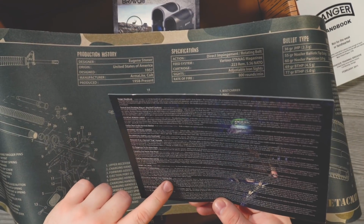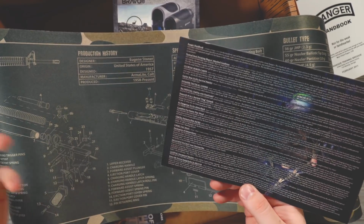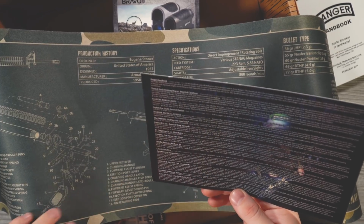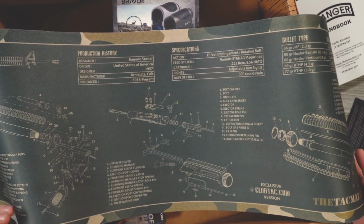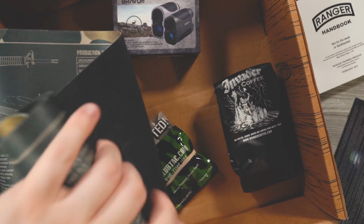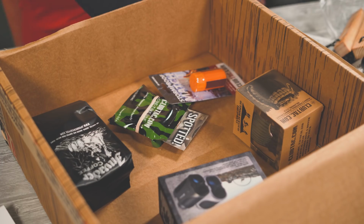Let's see if it has any other purpose. Gun cleaning mat. I had a feeling. So it's not just a mouse pad. It's made like one, and it's effectively a mouse pad, but it's also a gun cleaning mat. So you could roll this out and clean your gun. I don't have a single gun, which probably makes me the worst person ever, especially to unbox a Clubtac box. But I do want a gun. And there's only one more thing on this list,